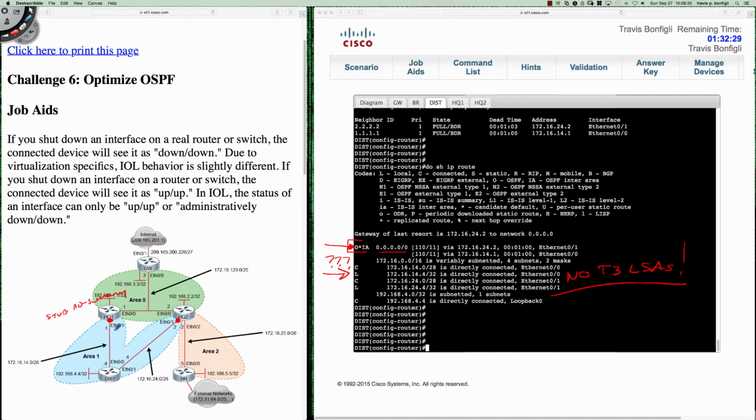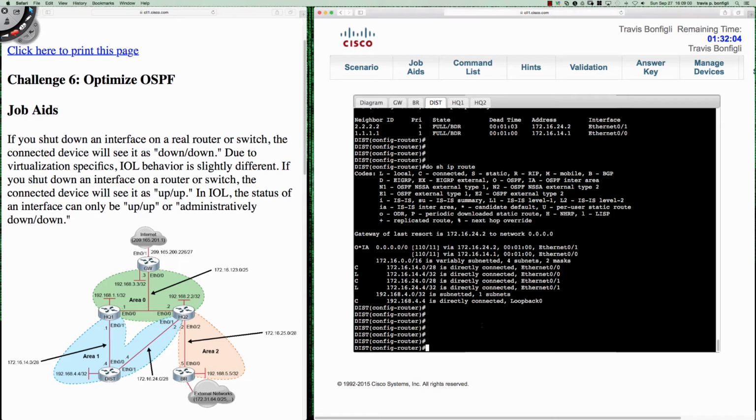flooded into area 0, right? And so the dist router is going to see that his default route can take him one of two directions. So we've got some equal cost load balancing in here because, again, the administrative distance of OSPF is 110. Our metric is 11, right? And so we've got equal cost paths to the default route, which means if I was to clear the screen